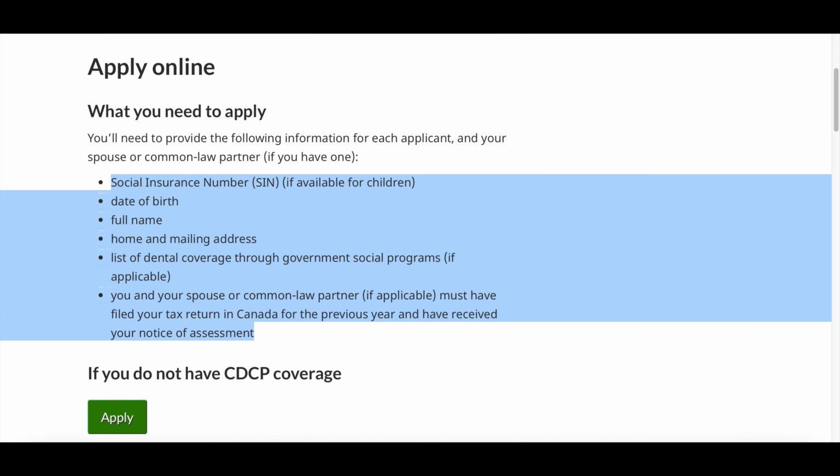Call on 1-833-537-4342. A representative will help you with the process. You will need your SIN number, your date of birth, your current home address, your income information from your last tax return. Once your application is approved, you will receive a letter of confirmation. After that, Sun Life will send you a welcome package with your coverage start date, your membership card, and a booklet explaining the benefits. Important tip: do not book a dentist appointment until you get your confirmation from Sun Life